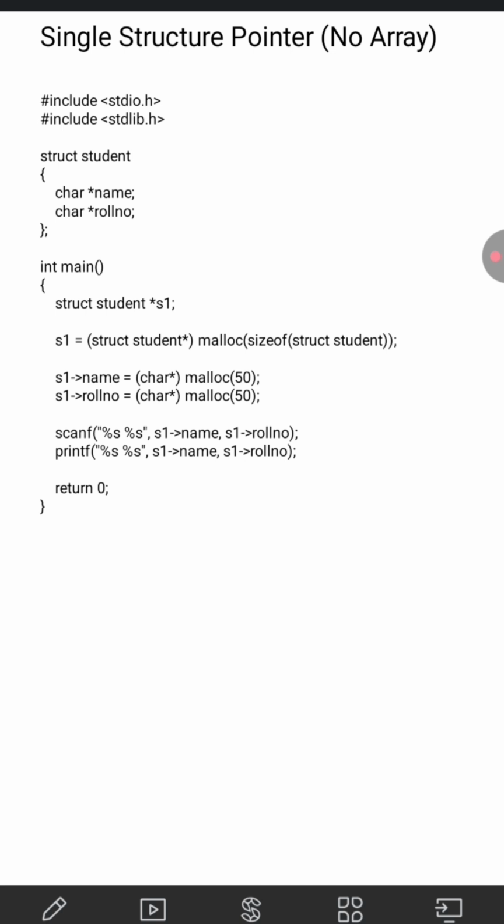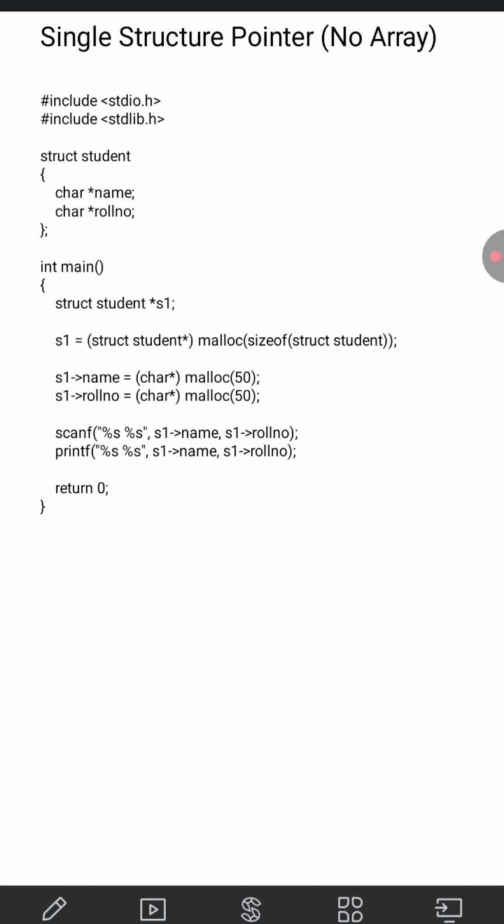So as we can see here in this particular code, I have included stdio.h and stdlib.h. stdio.h is required for printf and scanf functions. stdlib.h is required for malloc, which is memory allocation, free, which is used for freeing the memory that has been allocated dynamically, and the sizeof operator, which helps in calculating how much memory we should reserve. So then we have declared the struct student.